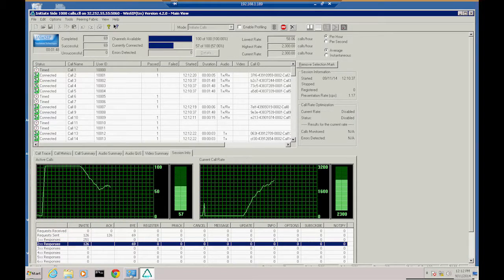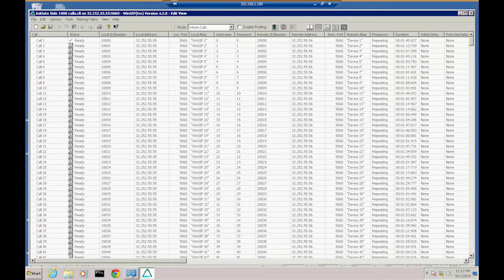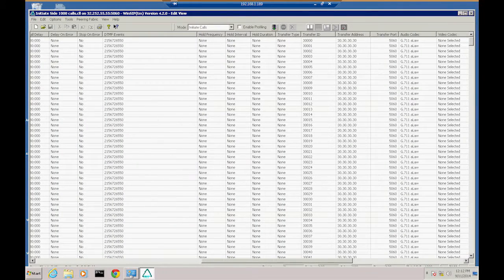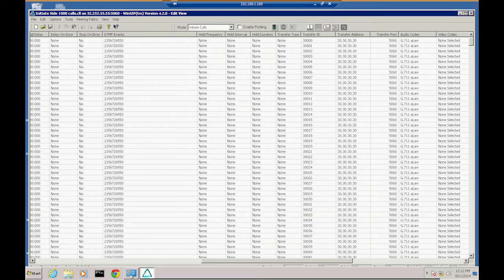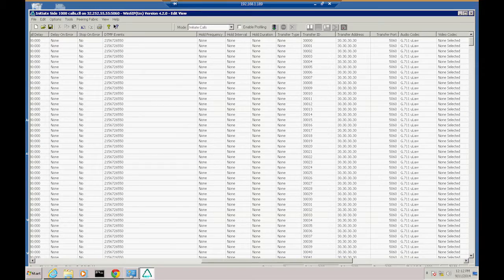When you want to stop, you can just stop the test and it will stop right away. And then if you want to make some changes, you can right click and see, if you want to make some changes on ULAW, because we have to see what codec we selected, and go in the media and say okay, ULAW is selected, and we have to go back and click ULAW. Once you change the audio codec, you can save the file